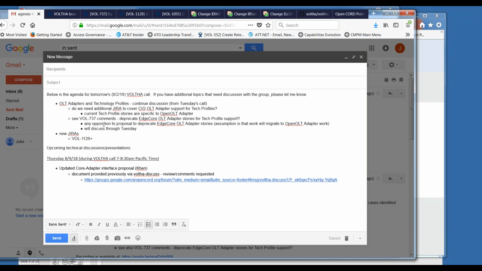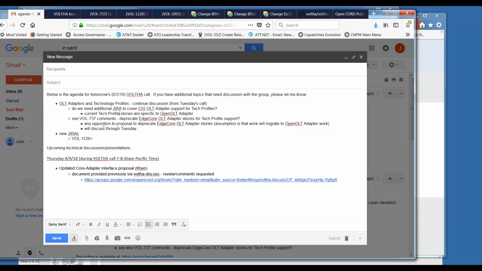Yeah, there's some specific logic though that occurs within the OLT adapter itself, around reading the technology profiles and allocating resources and creating a technology profile instance that the ONU can use. So there's a lot of work in that area.